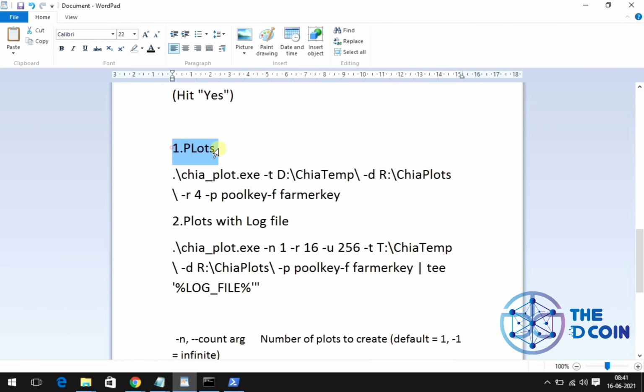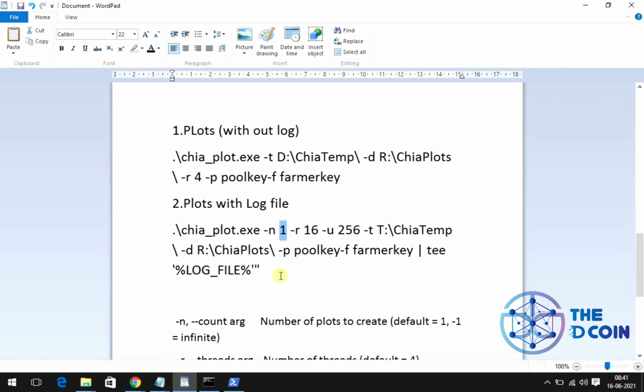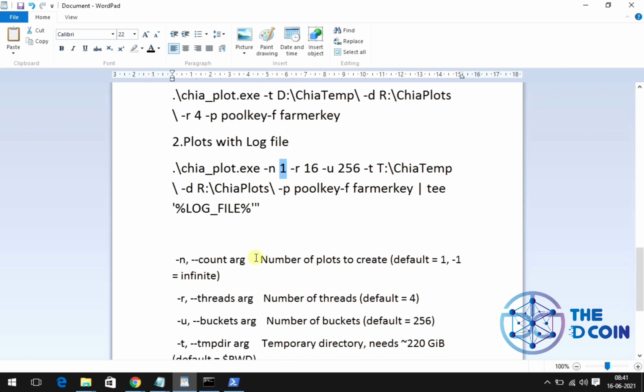There are two types of configuration file. One is for plots without log files, and the second one is with log files. In this video, I'm going to configure plots with log files. I have provided it in the description. You can check it. N is the number of plots you want to create.